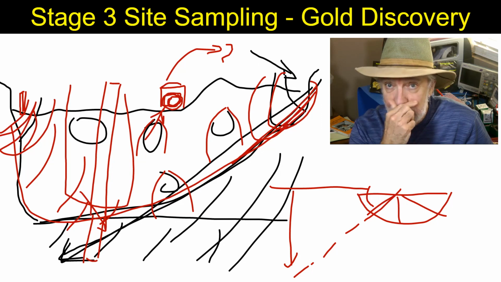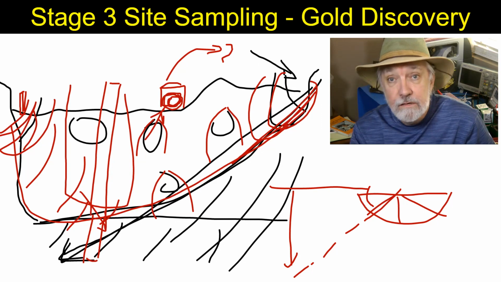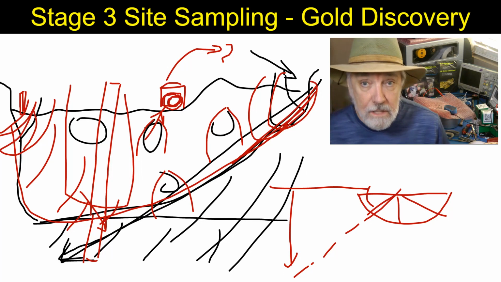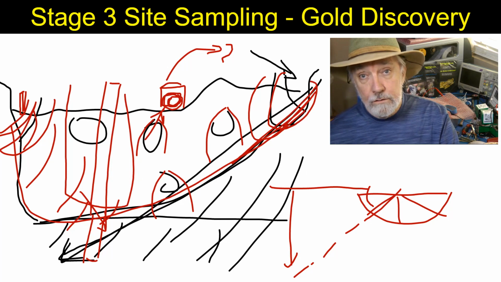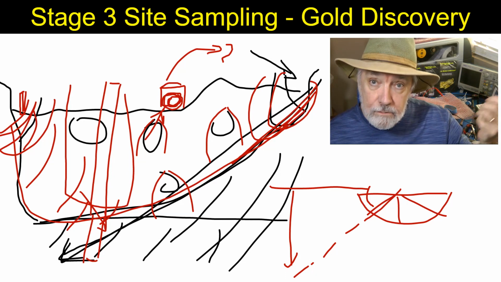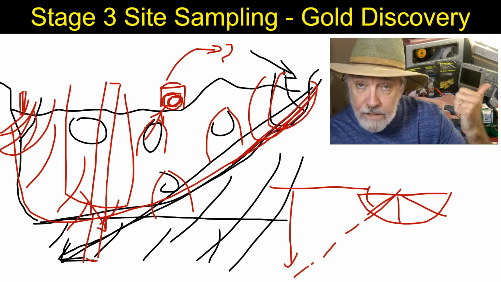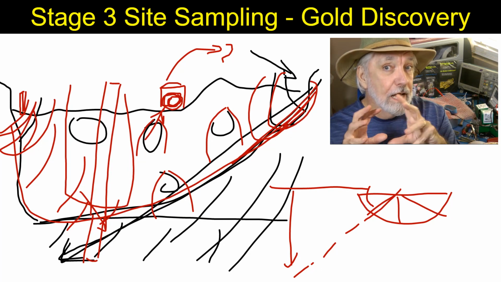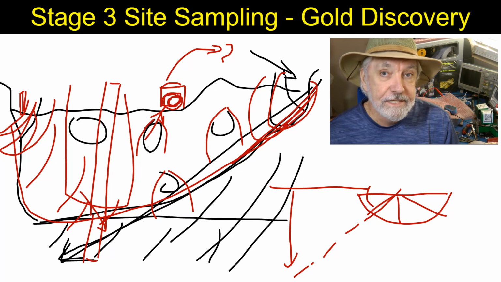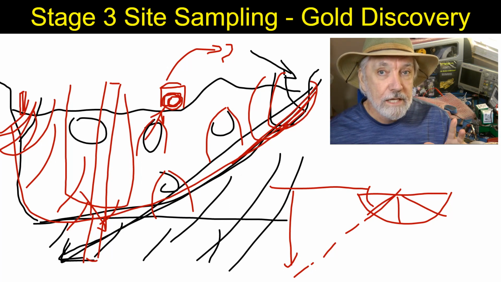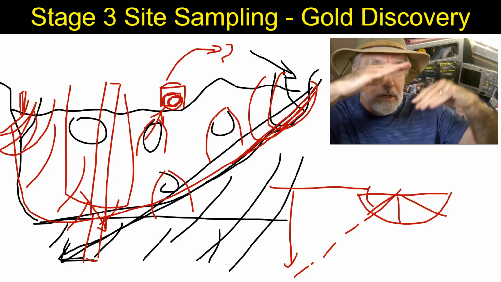Now, if you don't find bedrock, do you give up? Maybe, if it's going too long, too far, and not finding anything, and your number 2 position promised to produce better gold faster, then go to number 2 position on your sample plan. We talked about claim site survey in the last section. Go to that point and start doing your dig there and see if you find bedrock earlier. If you find it earlier than you find it in this location, now you at least have a feel for